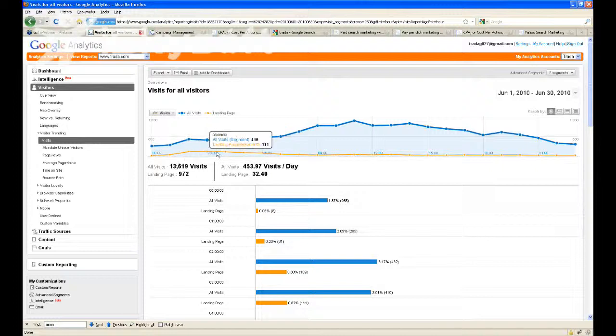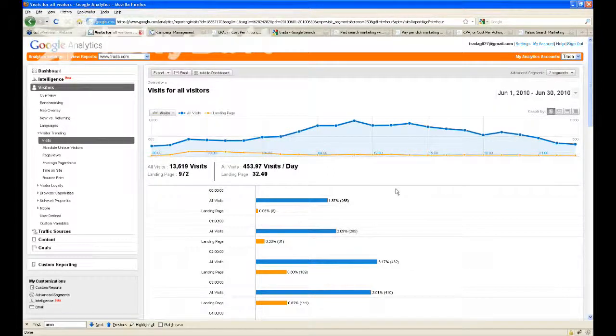We have a whole bunch of traffic coming to our landing pages at 1, 2, 3, 4 in the morning, and then it tapers off and almost nothing happens at the end of the day. Well, using some basic logic, one would say that's not very smart. We're a business-to-business company. You would expect most people to be looking for your products Monday through Friday, 7 in the morning to 10 p.m. at night. So the fact that we're getting a lot of traffic at 1 or 2 in the morning tells me that something is wrong.